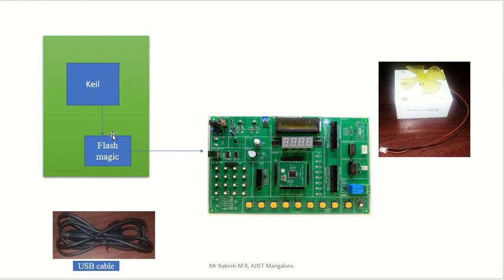FlashMagic will load that .hex to the LPC2148 kit. Then automatically, once you execute it, you will get that rotation in the DC motor, either clockwise or anti-clockwise. That rotation control also you have to do. That means you have to write code for clockwise and anti-clockwise direction, and for that control we have to use any one of the switches present here. So any one of the switches we have to use as a control. If you are pressing any key, then that fan, that is the DC motor, should rotate clockwise.